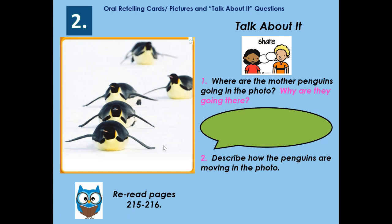Where are the mother penguins going in the photo and why are they going there? They are going to because. So make sure you answer out loud in a complete sentence, and you can use my sentence frame if you want. They are going to because,